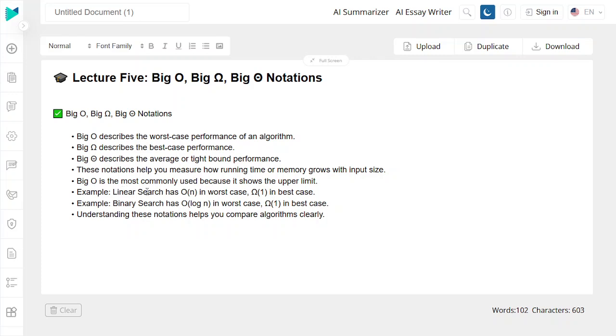For example, linear search has O of n in the worst case and omega of 1 in the best case. What does it mean? It means the algorithm linear search has O of n in the worst case scenario, which means it can take n number of elements to, let's just say, look for your data in a series of n number of elements. Let's just say it is the last element present in your data set.